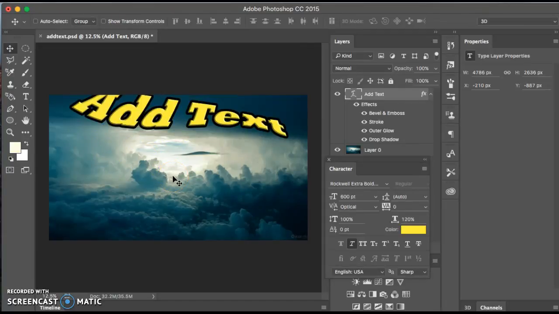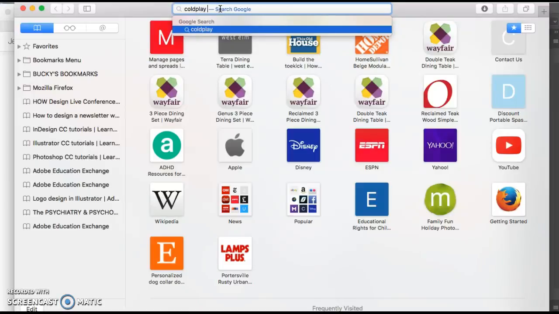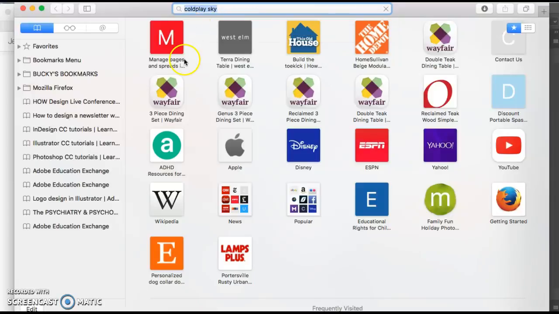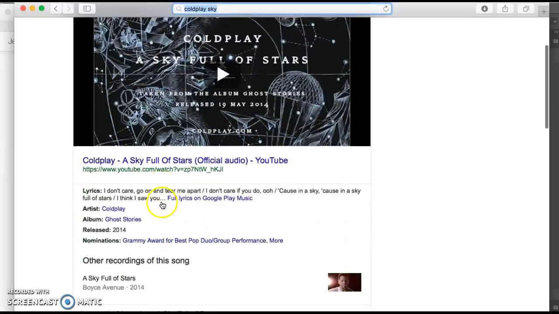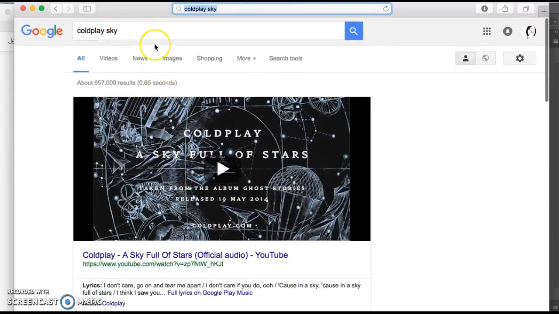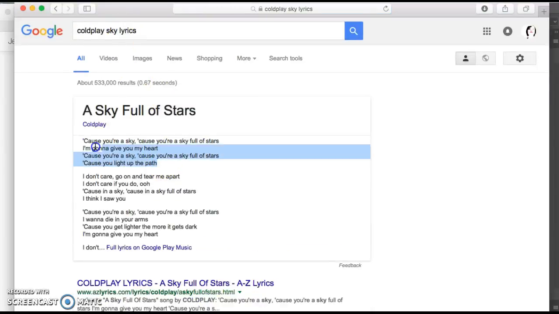Next, we're going to reuse text formats with type styles, and that's going to all occur along with what we've done. So the next thing you want to do is create a paragraph of text in your image. So I'm going to go ahead and look for some lyrics here online. I'm just going to do Coldplay. Sky Full of Stars, and we want the lyrics. I'm going to copy